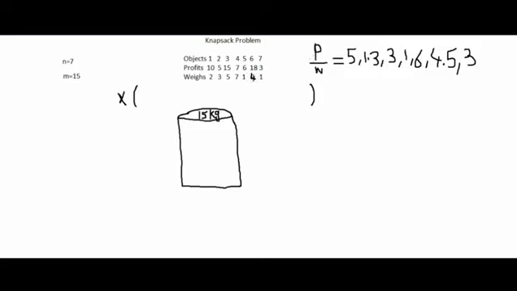So we have divided it up: 10 divided by 2 equals 5, 5 divided by 3 equals 1.67, 15 divided by 5 is equal to 3, then 7 divided by 7 equals 1, 6 by 1 we get 6, and 18 by 4 is 4.5, 3 by 1 is 3. So this is what we have obtained dividing the profits by the weights, and now we will fill the container